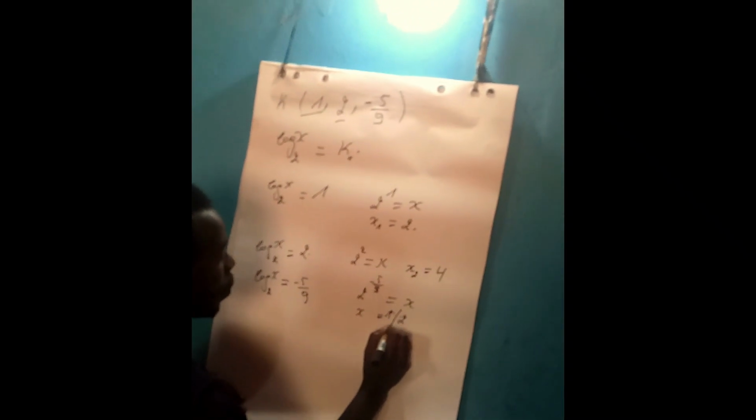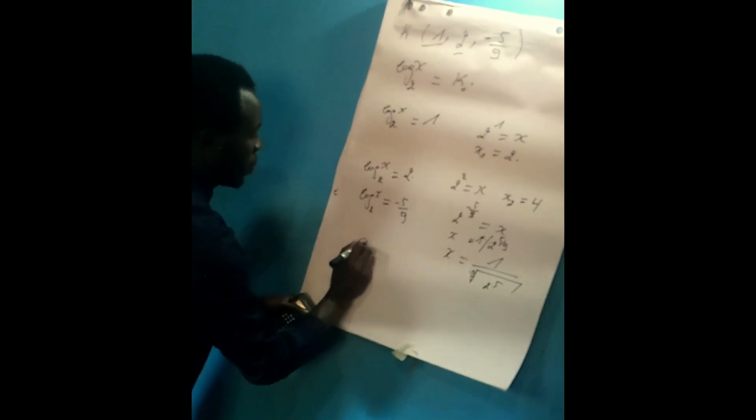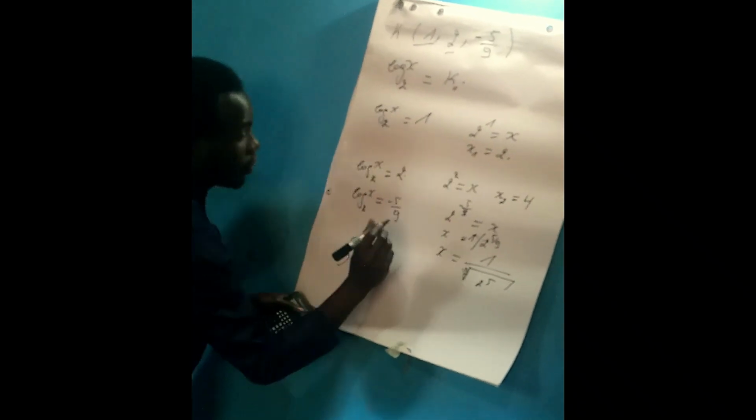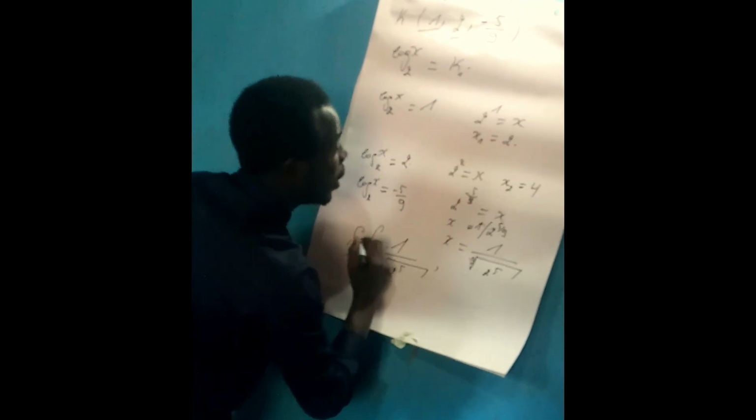So x is equal to 1 over the ninth root of 2 to the power 5. So the solutions of x, we have 1 over the ninth root of 2 to the power 5, and we have